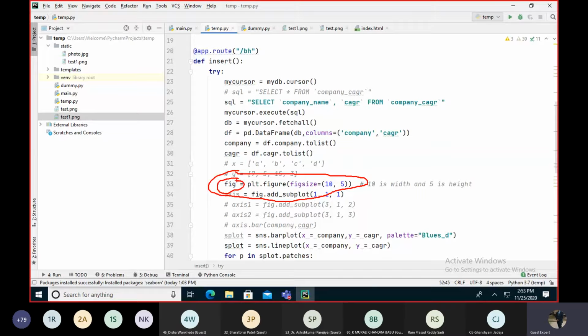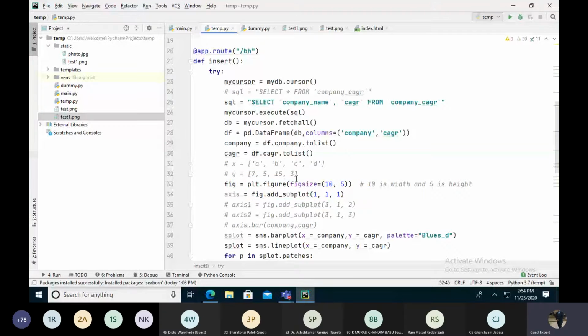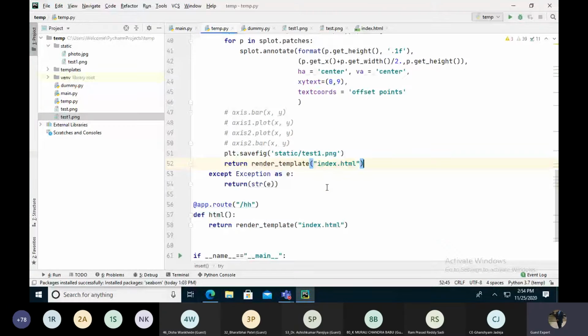It won't display here directly, but we can put it into another variable and then send it to the HTML directly. So it won't take physical memory. It won't save a PNG file every time, even if 100 people generate it. It will just go through the process and directly display it on the screen. This is what I was talking about, and what I wanted to add. Thank you.